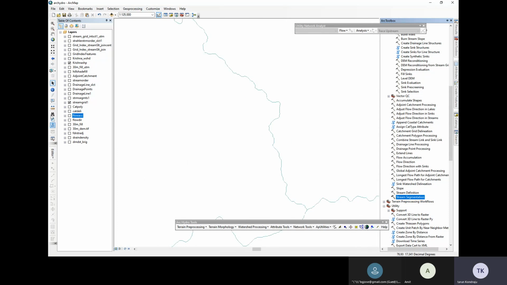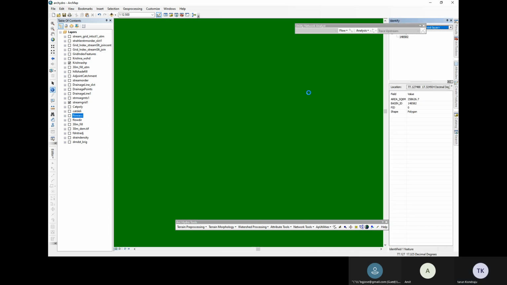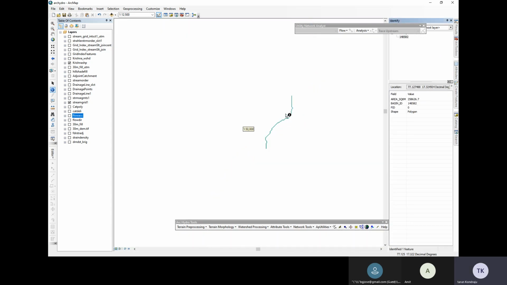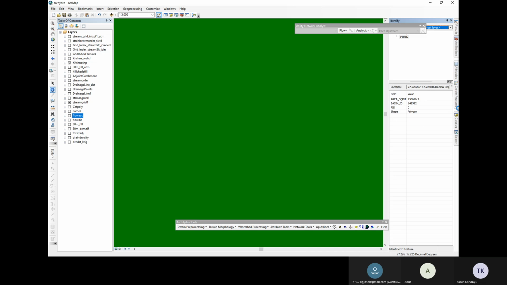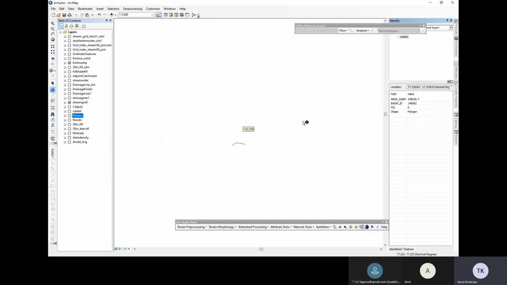For example, if I take this, the pixel value of this one is around 148,582. What is the pixel value of this one? It's also 148,582. So based on this network and the junctions, the system will